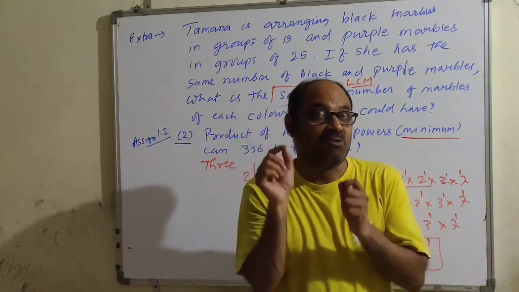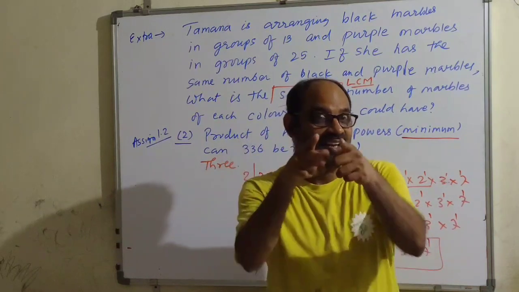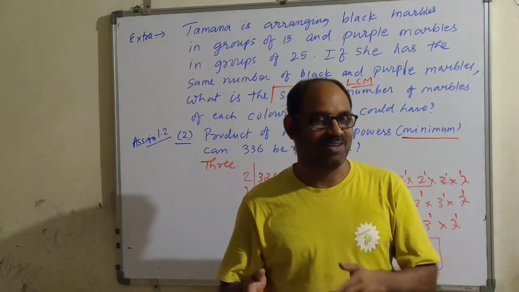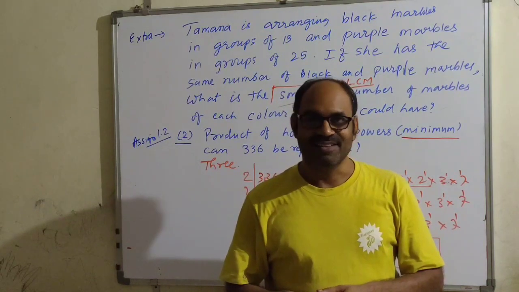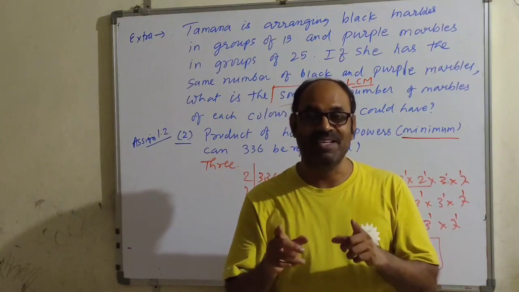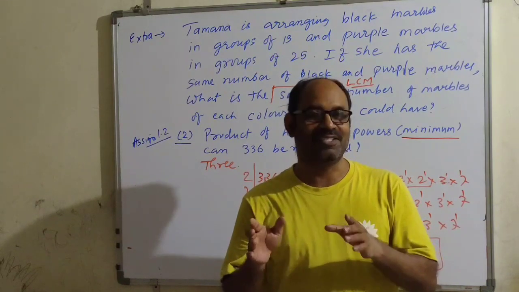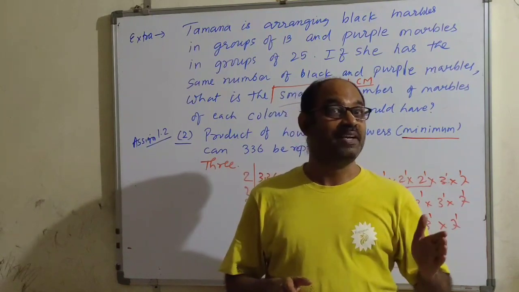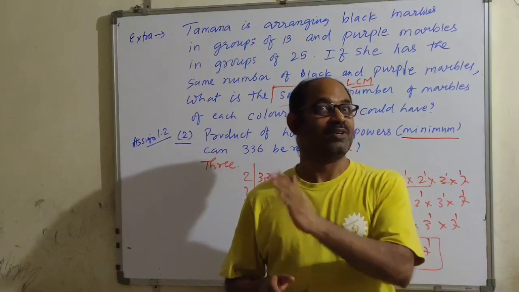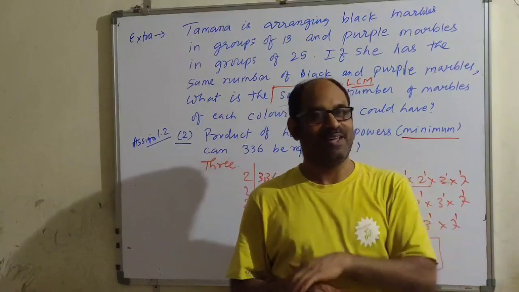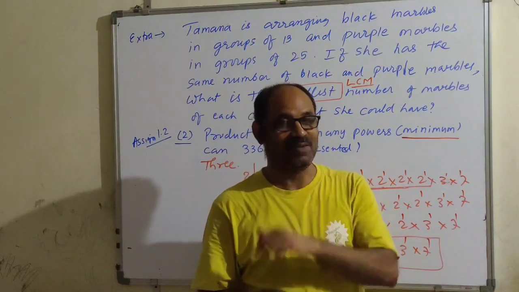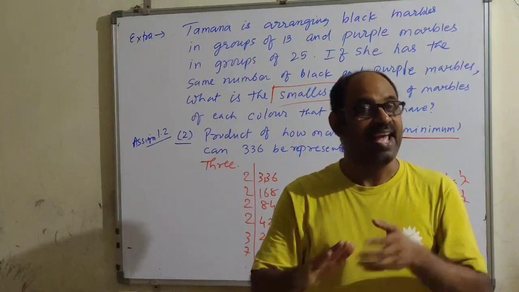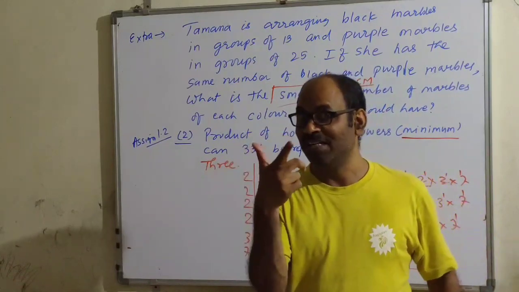Total. You may say I have to add 25 plus 5, 30. Do you remember? That is what you used to do when you were small in second and third standard. This is total, but it doesn't mean addition here. It is 5 plus 5 plus 5 plus 5. It is repeated addition 25 times. So it is 25 times 5. So you have to find the product. It's a multiplication sum. So just looking at the word total, you cannot say here you have to add. Sometimes you need to multiply.